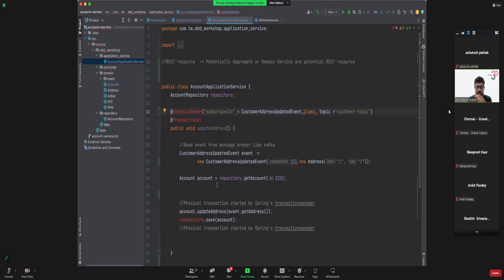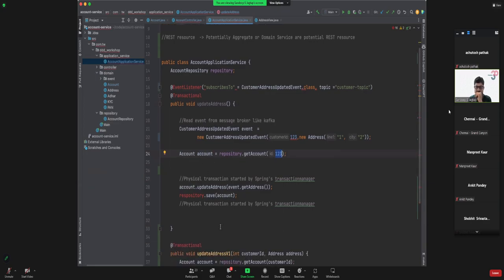Inside the application service of our account microservice, listening to this event, it's going to load the corresponding account for that customer ID from the database. It may have multiple of them, and then it's going to update the address to the new address which came in the event, and then call repository.save in a transaction, right? It's going to save that in the database, and that's how the whole flow would finish.